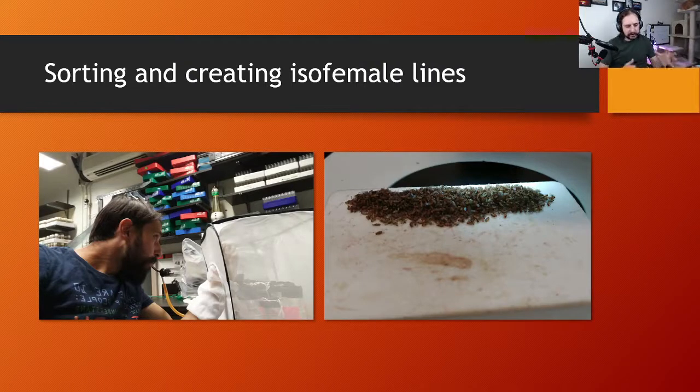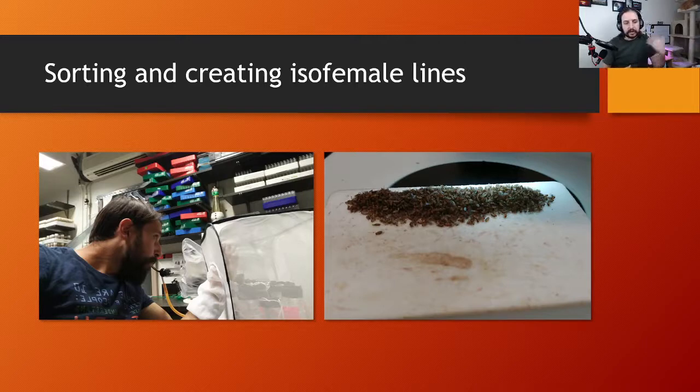Isofemale lines: you bring them to the lab and create a line where you control the genetics. You know the mother of the flies, but there's one mother and possibly multiple fathers, because they mated before you collected them outside. The second reason is that